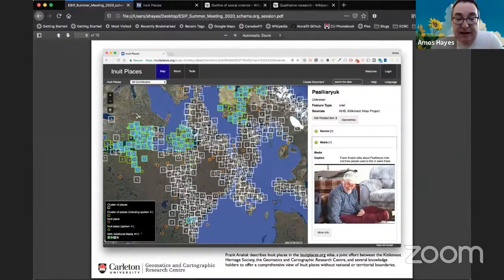But you can find everything from photospheres of these locations, so you can get a visual of the location. You can have elders telling you all about them, just like we saw them providing to the youth earlier. The ones outlined in green are actually spoken, so you can hear the pronunciation of the place name, which is really important, because in this case the language is an oral language, not a written one.